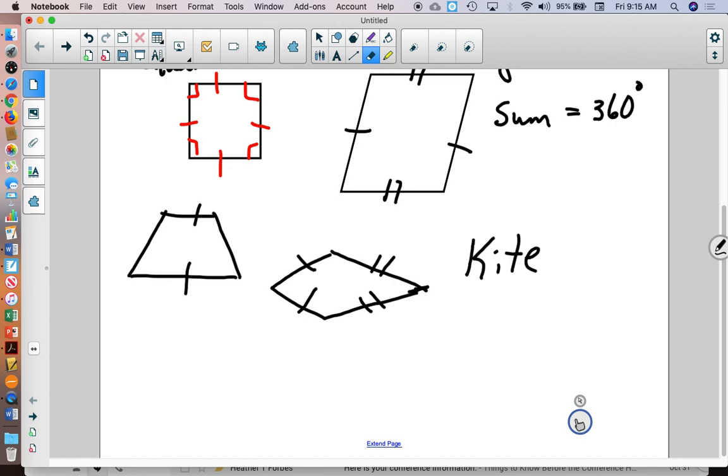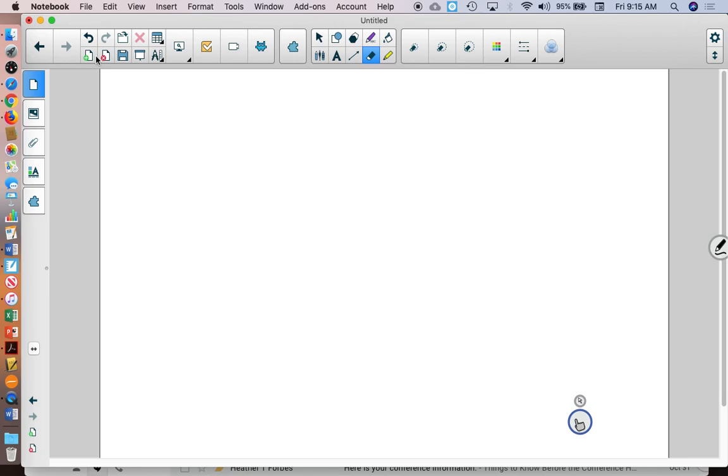Okay, so just being able to name the shapes, do you think you'd be fine with that? I'm thinking you can. We're not just going to classify today, though. We've got to be able to identify the missing angles. And sometimes it's really nice to be able to identify it without having to measure it, because you're not always going to be able to measure it. Okay? So if I have